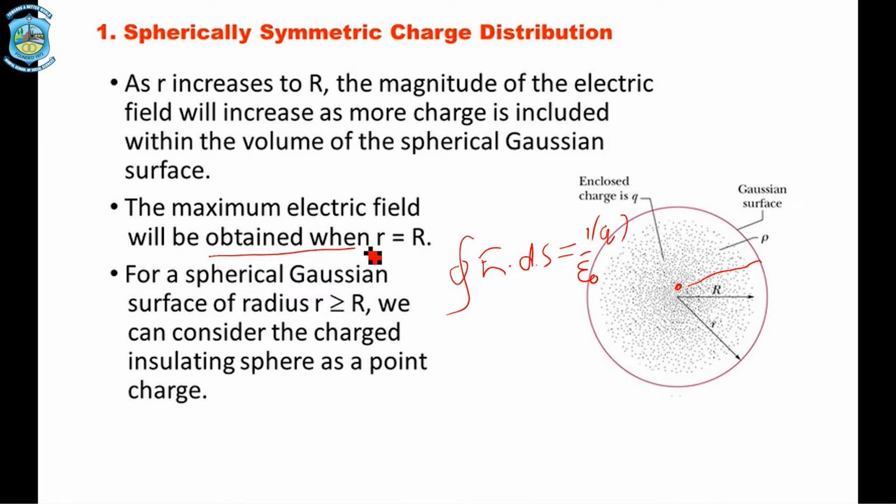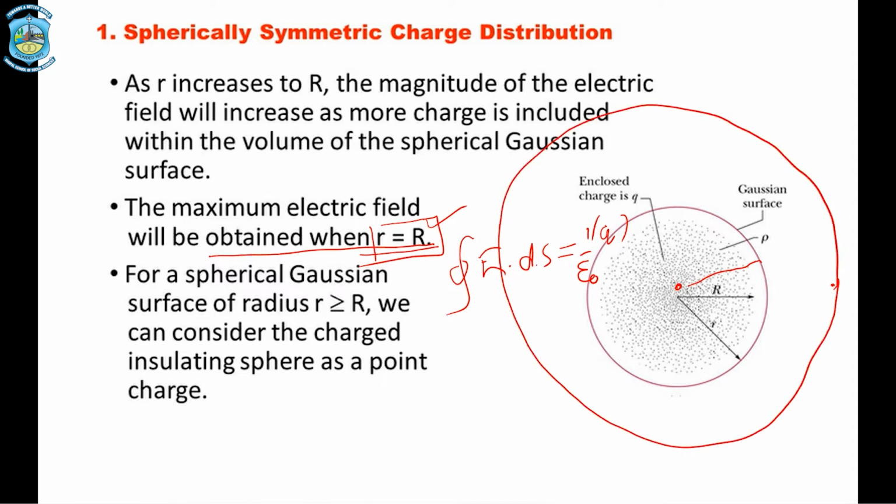And we can find the maximum value of the electric field on the surface, which corresponds to the distance equal to the radius of this Gaussian surface. And in order to find the electric field somewhere outside this charge distribution, we can again assume a Gaussian surface like this, and we can calculate the electric field expression by taking a small surface area over here, as we have done in the case of a point charge. In this way, at this point, we find an electric field very similar to the expression obtained for a point charge, and that will be equal to this.